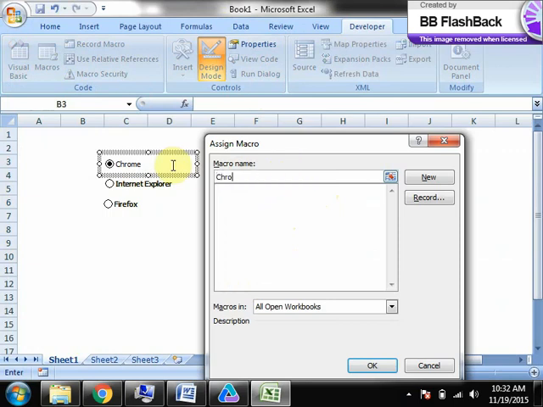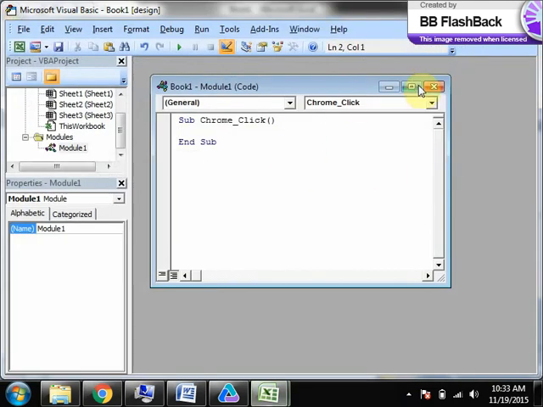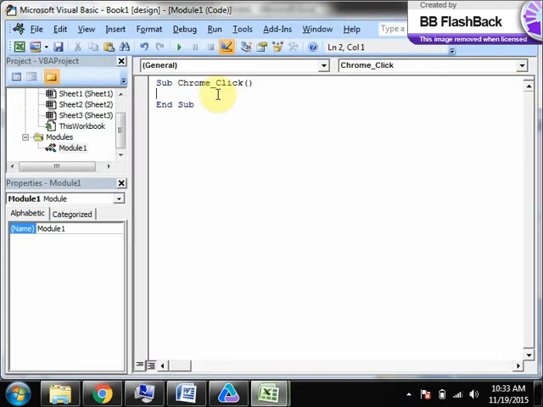It's Chrome.click. That means for Chrome, I am creating this macro. If it is an existing one, it will say update or modify. And since it is new one, you will get a new button here. As soon as you type a new name, it will give a new button. Then it's created a sub procedure there.